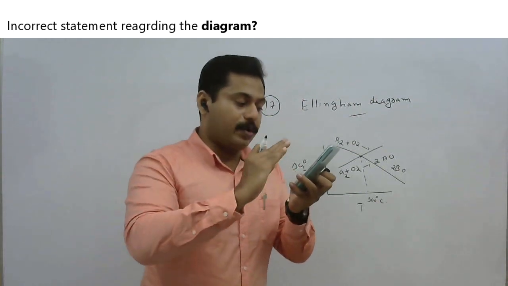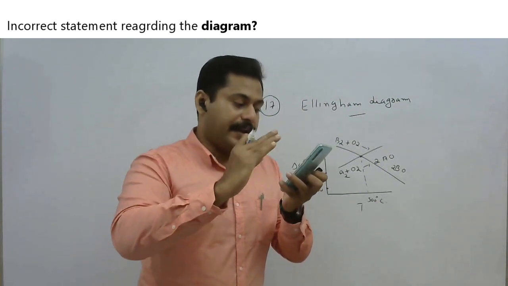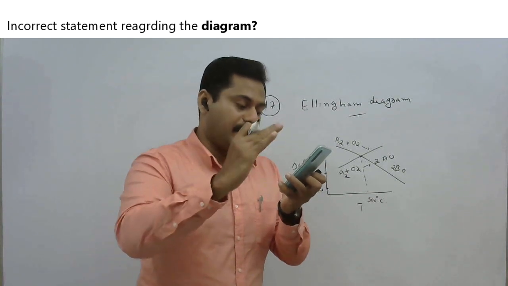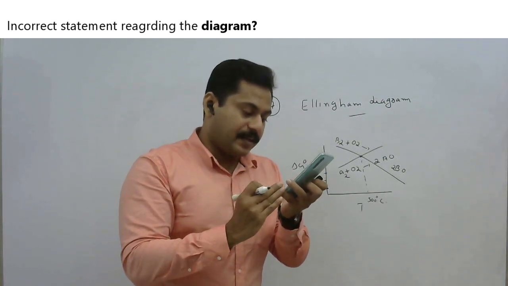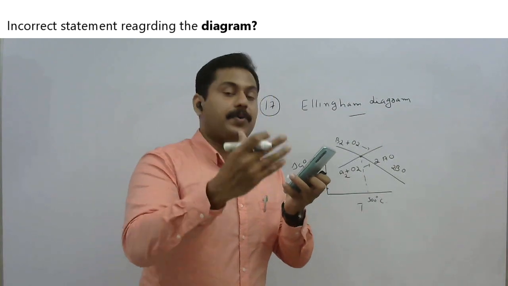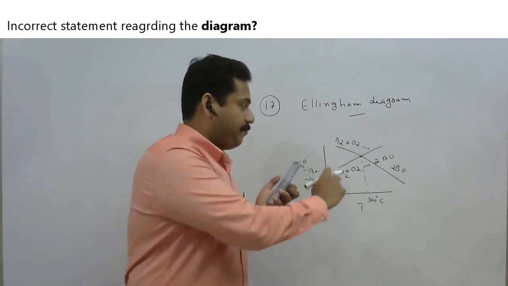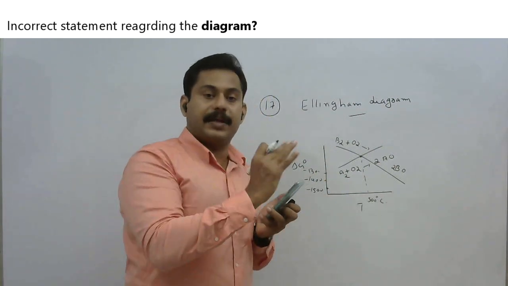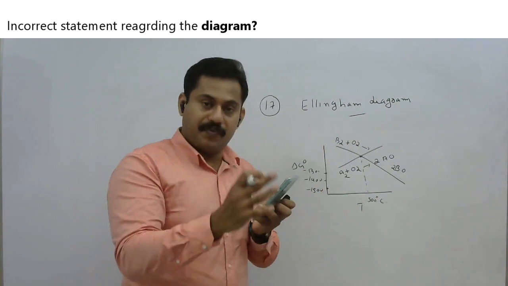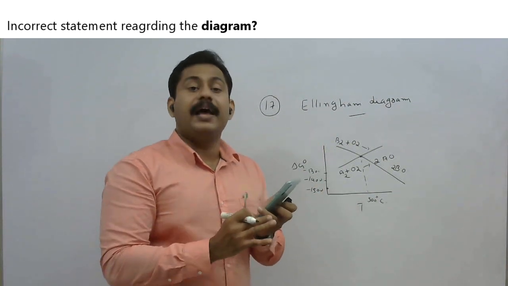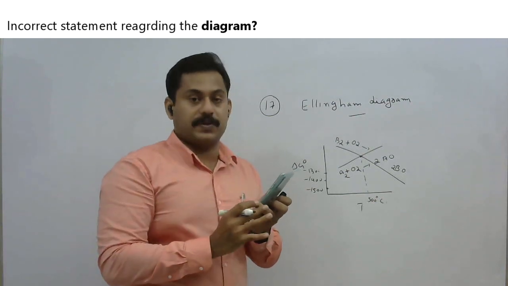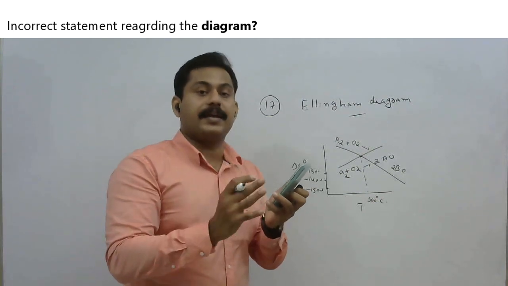You just find the graph of CO, that is 2CO plus O2 giving 2CO2, as well as the FeO graph, which you take from that Ellingham diagram. This is the key point. You just apply the key point on that diagram and you can see that it is an incorrect statement only. And also you prove the remaining three options, why they are not incorrect, right?